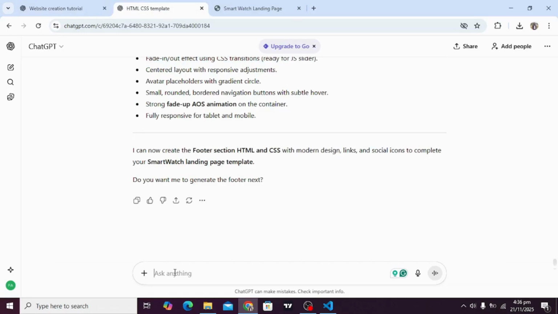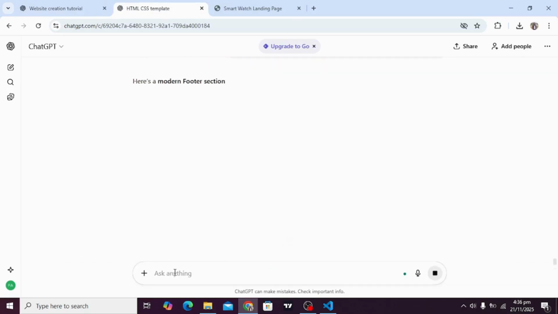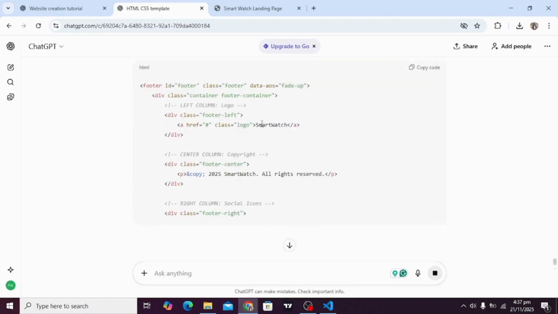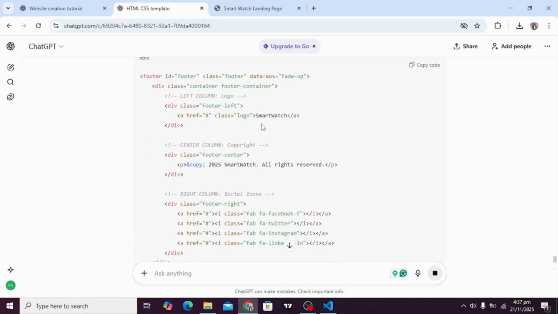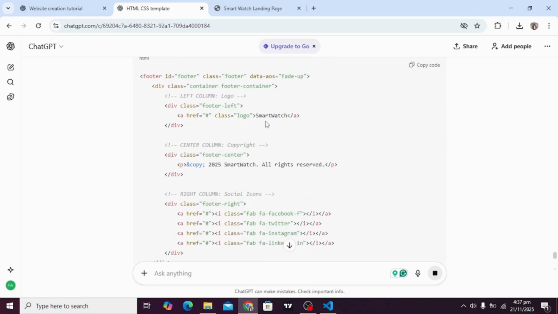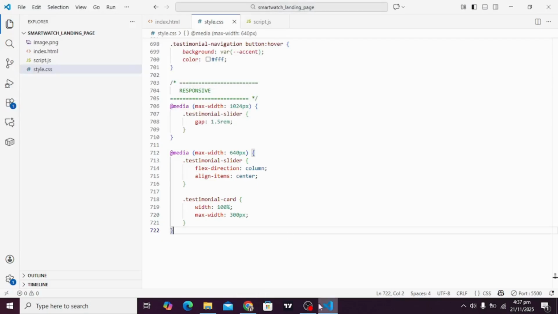For every website, you should have at least three parts: the header part, the main body part, and the footer. The footer can contain extra information, like here we are showing the smartwatch logo, the all rights reserved text, and our social links. You can customize it however you want.